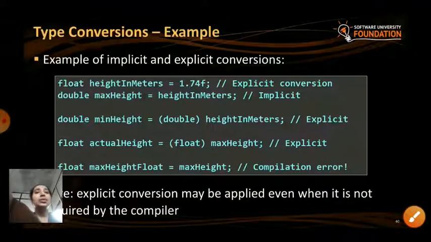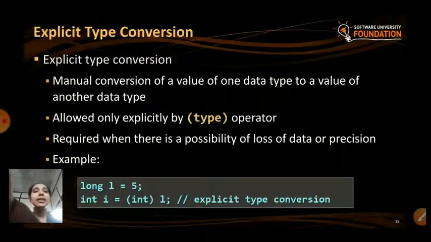When you see an example here, it is the implicit type conversion we are dealing with. You can check out what it does, the implicit and explicit. Another type is called explicit type. Explicit type conversion is nothing but manually converting from one data type to another data type. When I put the value of one data type into another data type, I may be using an object, and through that object I may insert the value into another one. That happens through the type operator.